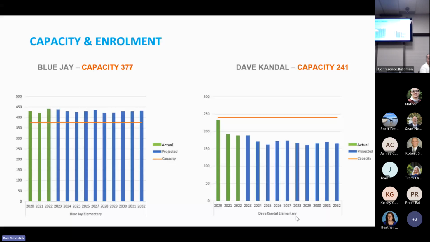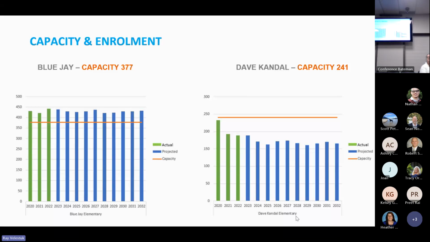So this is the enrollment capacity of both of those schools. You can see Dave Candle's quite a bit under capacity. Blue Jay has been, for a long time, over its functional capacity. And in this area of the community as well, when the board does look at the demographic information, you'll see the participation rate in the school. So we have population information of students. So we know there's